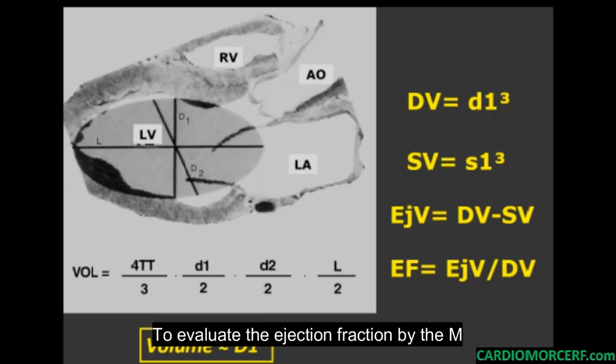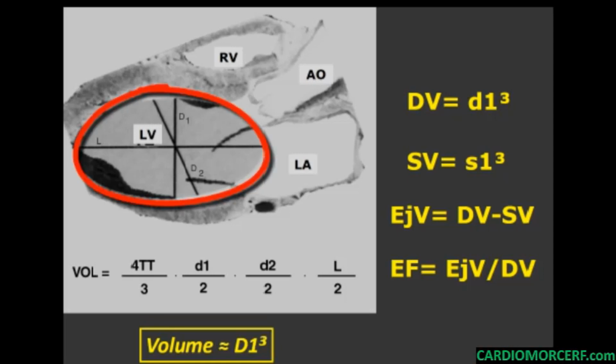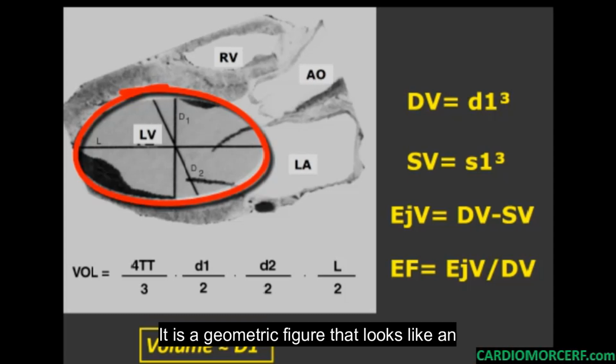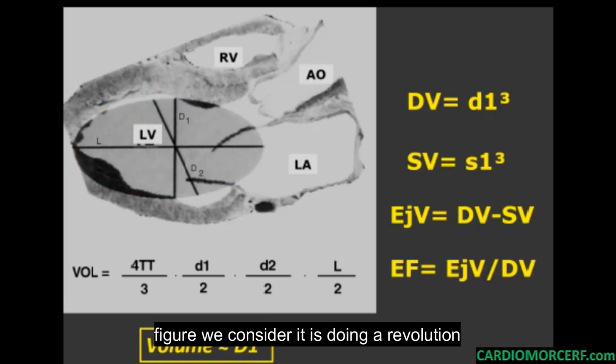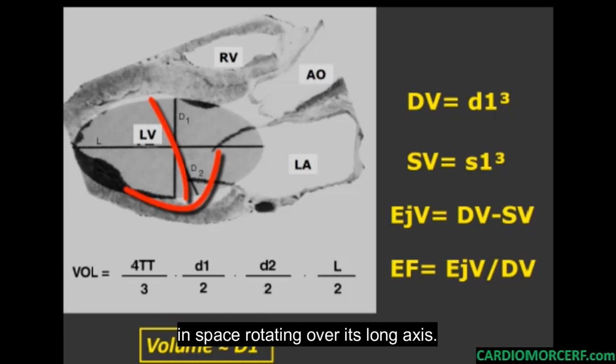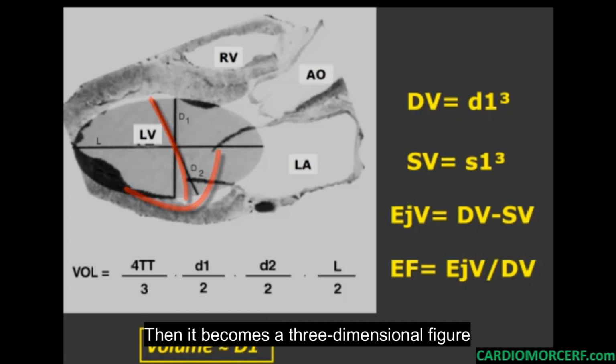To evaluate the ejection fraction by the M mode, we must make several assumptions. To start with, we should assume that the left ventricular cavity has a geometry called a revolution or rotational ellipsoid. What kind of ellipsoid is this? It is a geometric figure that looks like an ellipse. But since an ellipse is a two-dimensional figure, we consider it is doing a revolution in space, rotating over its long axis. Then it becomes a three-dimensional figure,